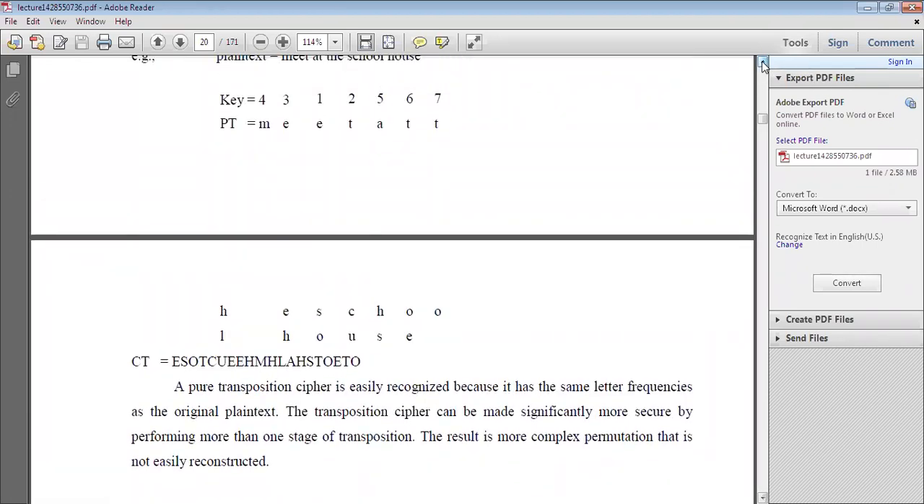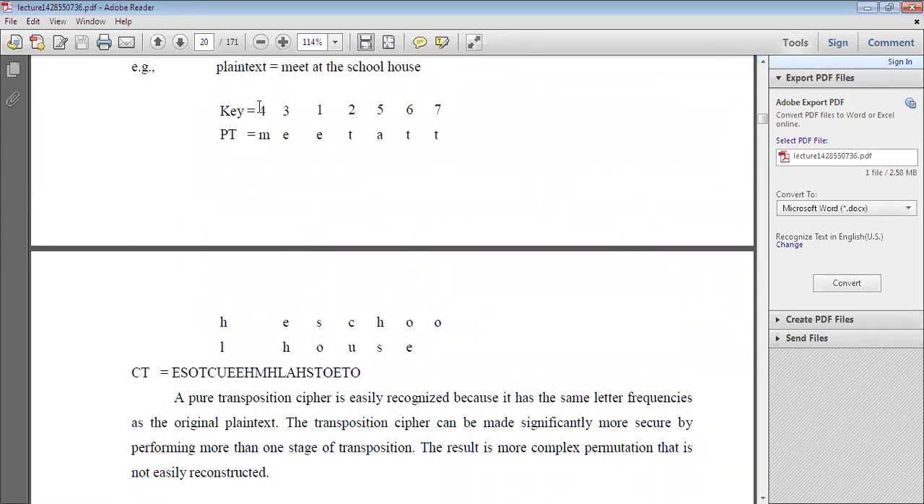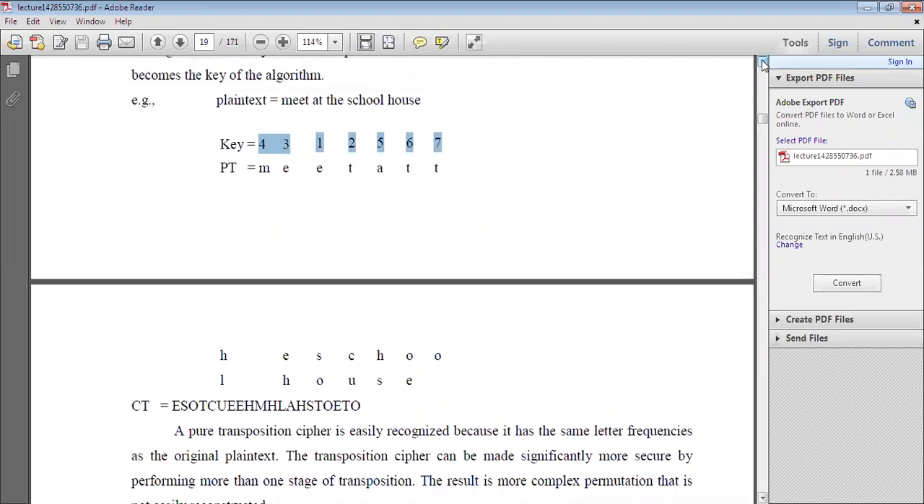This is the key: 4, 3, 2, 1, 5, 6, 7. For example, I want to take a key of 7 letters, or you can use 8 letters. So based on the key length, for example, 1, 2, 5, 6, 7. So here, at first the plain text you have to write like this: meet at the school